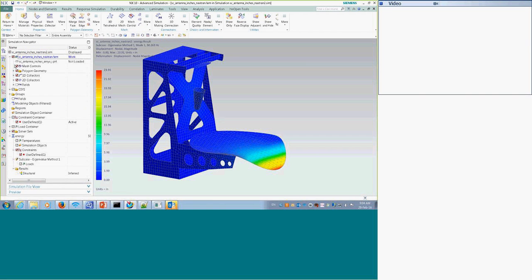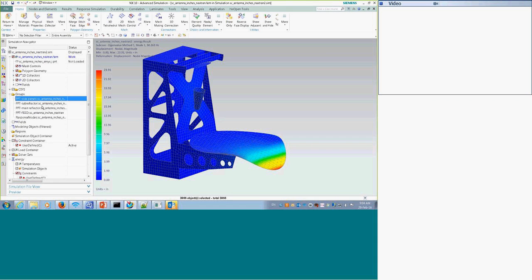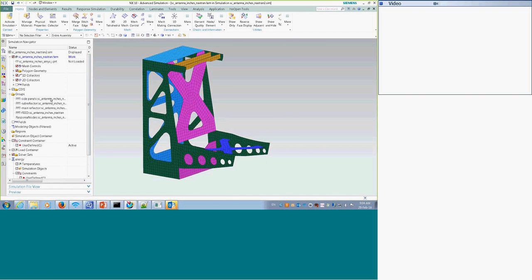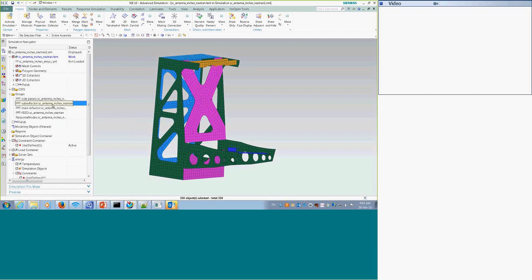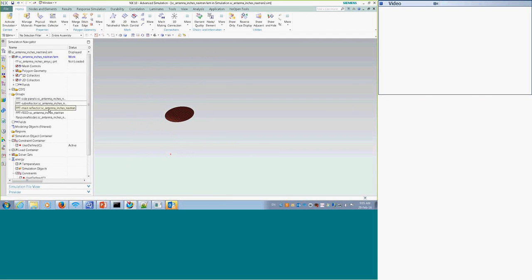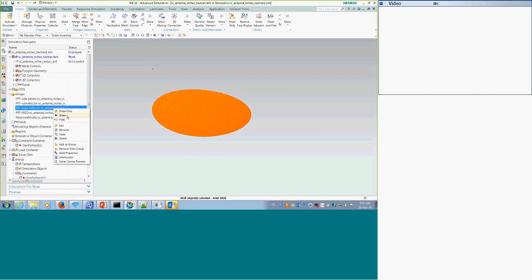So if I go to FEM, 5 groups here. Return to my model. Groups for some of the panels here. Subreflector. You want to right click and you go information.